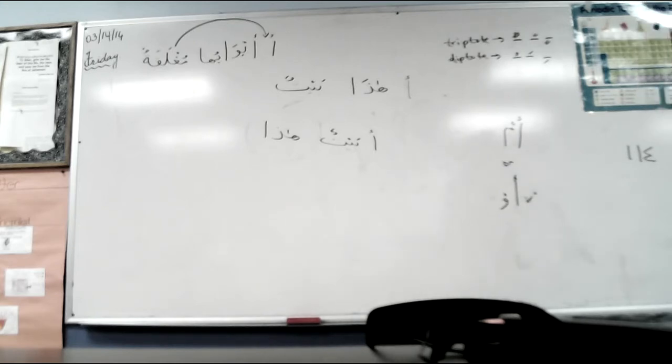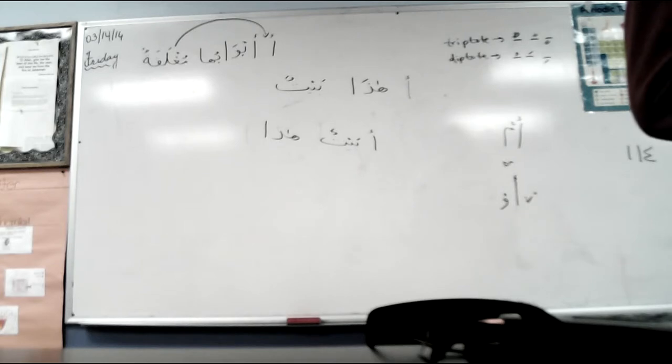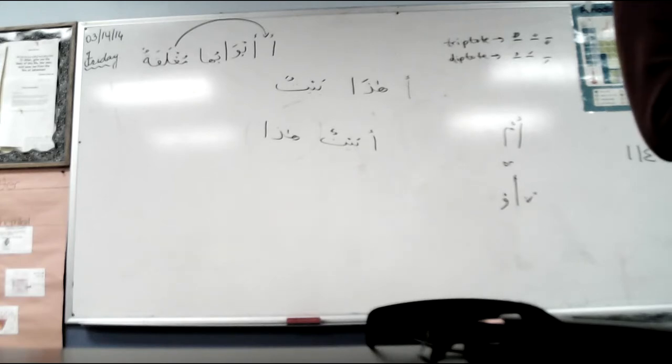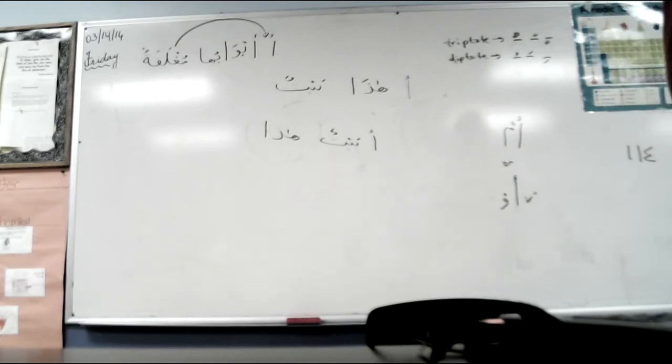Okay. The next one, fu'ala'u. Fuqara'u is the plural of faqirun, poor. Zumala'u is the plural of zamilun, means colleague, classmate. Wuzara'u is the plural of wazir, means minister, right? The next one, mafa'ilu. Masajidu, the plural of masjid. Fanadiqu, the plural of funduq, hotel, right? Makatibu, the plural of maktab, desk.